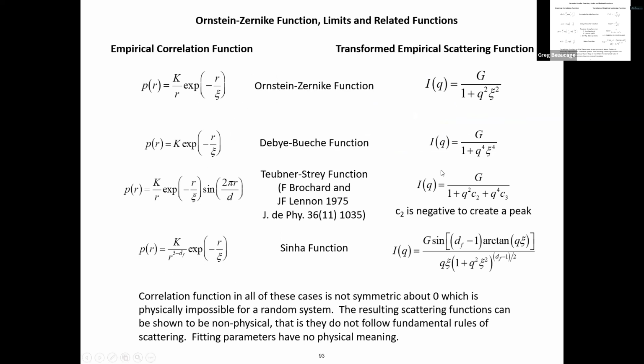Okay, so first, if you had the Ornstein-Zernike and then you get rid of the R, then you also have a function that's not symmetric about 0. So it's not a random orientation structure. And then if you transform that, you get this function, which gives you Porod's law at high Q. So when Q is larger than 1, you get Q to the -4, but you get something like Beaucage's law, but with the power 4 in it instead of 2,